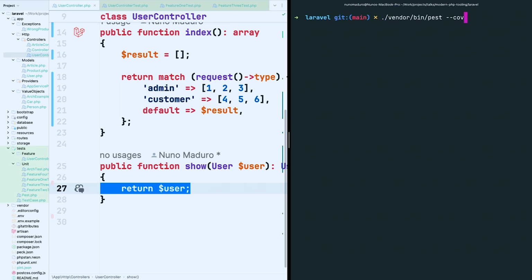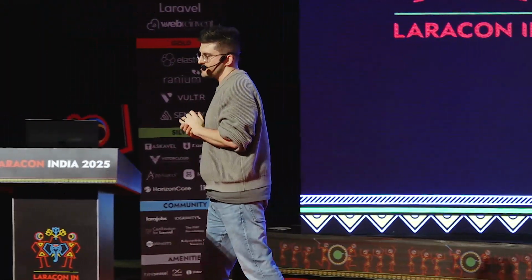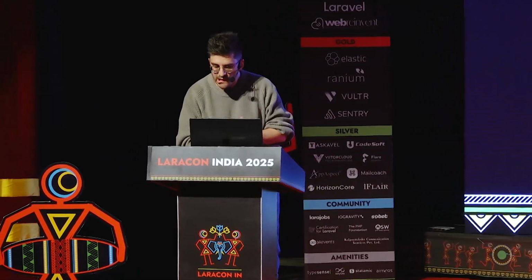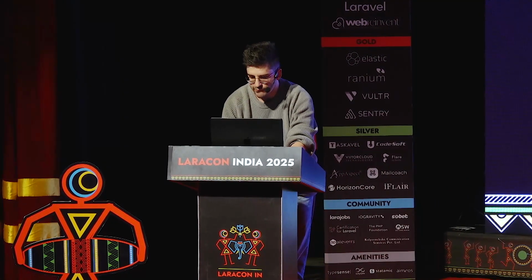So if I do --parallel and also --coverage, I get the code coverage report, even though I'm running the test suite in parallel. So fully integrated with parallel testing, and it's a really nice and handy report. This is code coverage. I'm going to show you one more thing about code coverage that I really like, which